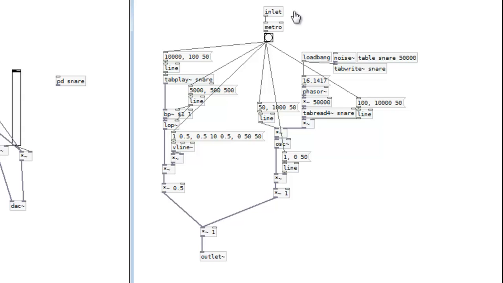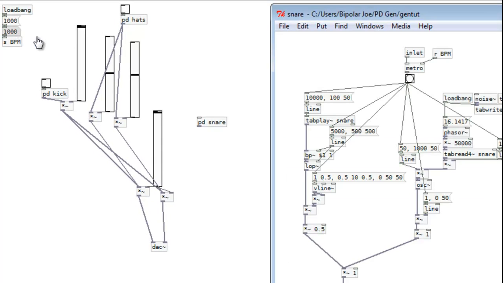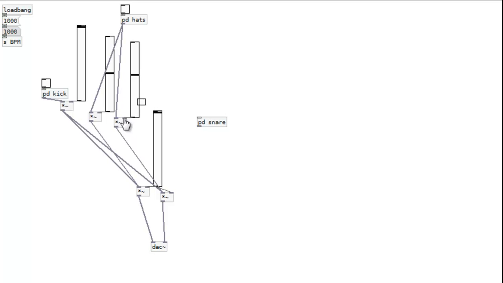Now here is the thing. Return BPM. Now, as it stands, this is just going to trigger every time the kick does, which we don't want, but we're not going to worry about that for the moment,